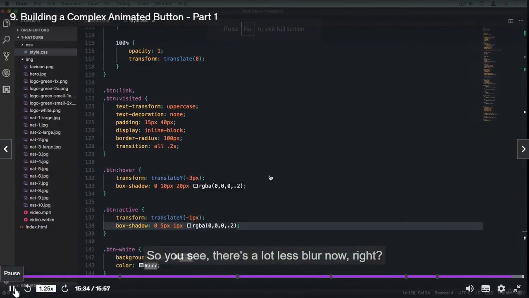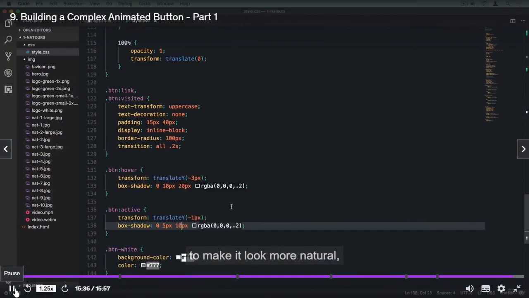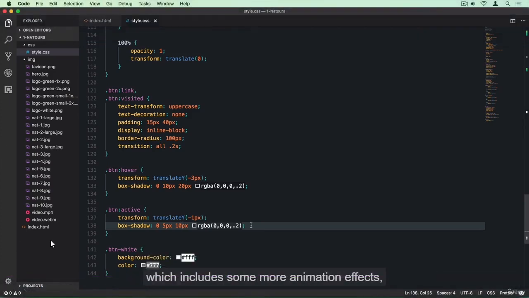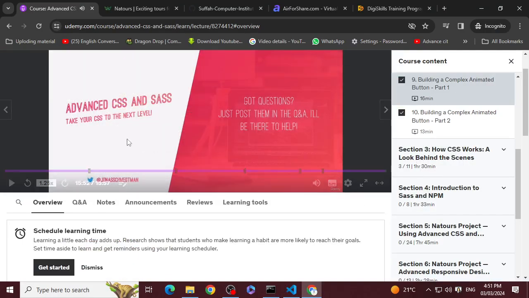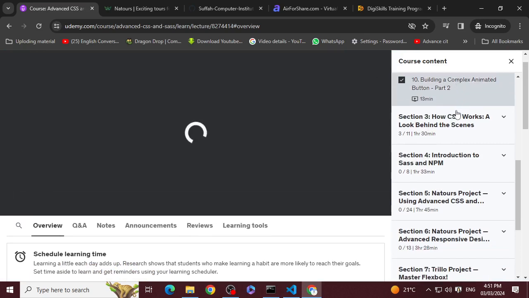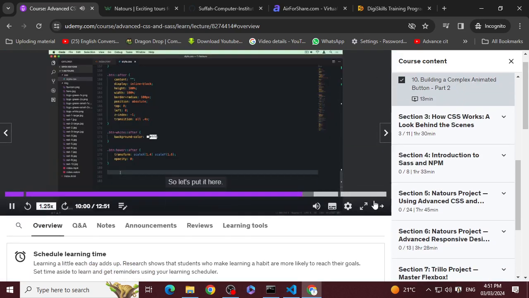Right? But we want a little bit of blur to make it look more natural. Okay, and with that we have the first part of the button ready. Now to build the second part of this button, which includes some more animation effects, just join me right in the next lecture. अब सेकंड पार्ट क्या है कि बटन के ऊपर हवर, वो जो बड़ा और ये छोटा हो रहा था, ठीक है, वो आप इसमें करोगे 13 मिनट्स की वीडियो में।